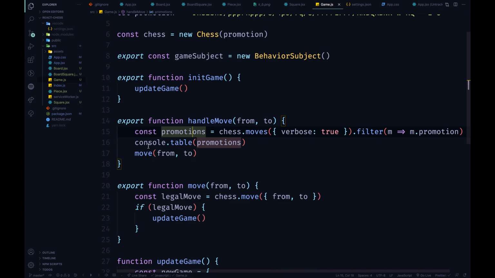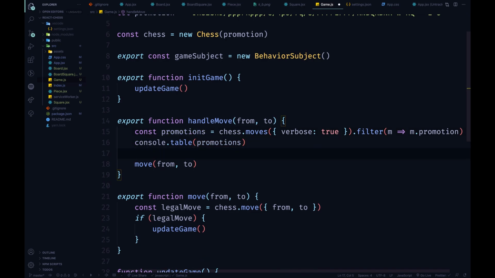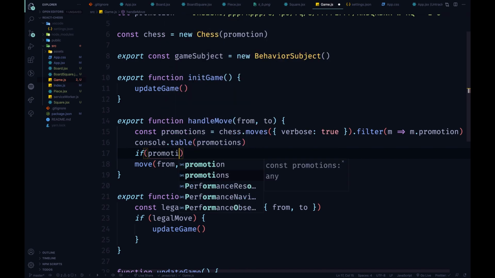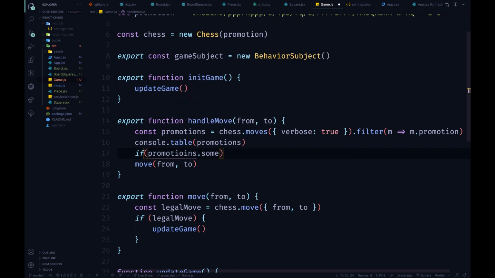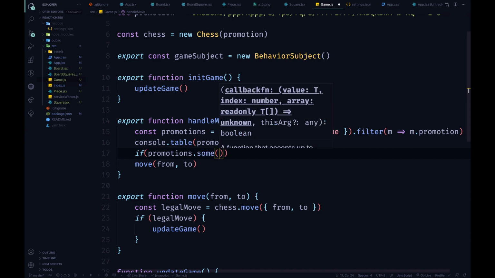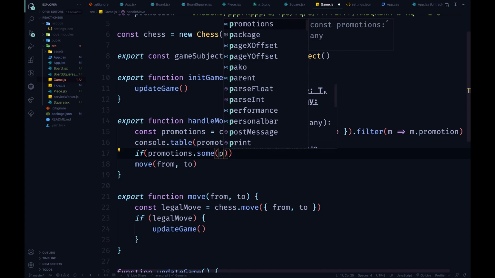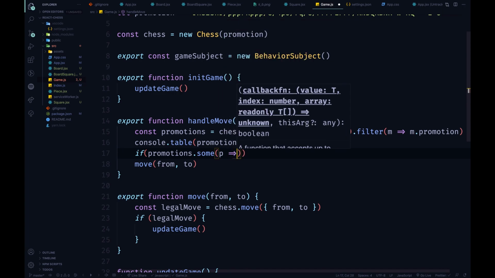So we can say if promotions.some. The some method is a method that we can use to know if at least one of the items of this array satisfies a condition. This method receives a callback for each item. Each item would be a promotion, and the condition that we want to meet is,